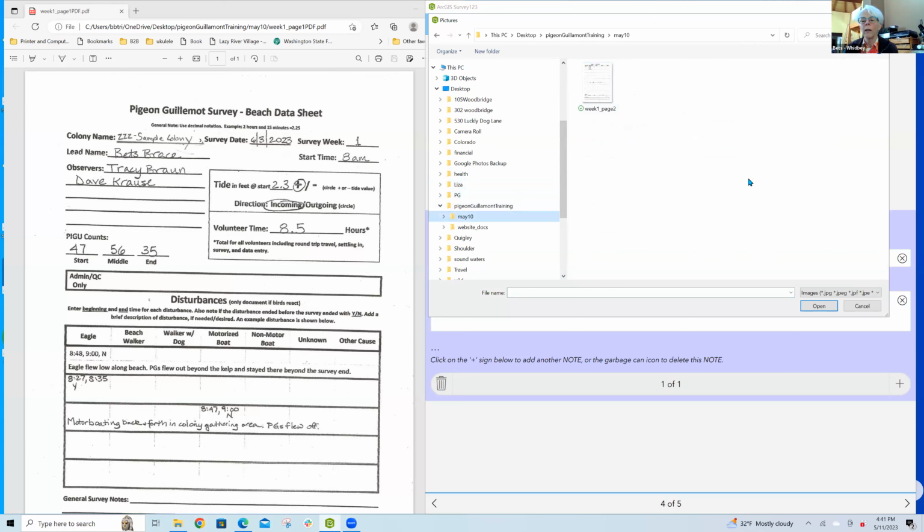So if you've saved as a PDF, in order to see those, you come down here to the images type box, click on that, and another option drops down to allow you to see all files. So I click on that, you can see I have a couple of PDFs and a JPEG in this folder, and I can upload any of these documents. So I'm going to upload week 1, page 1, which is a PDF,